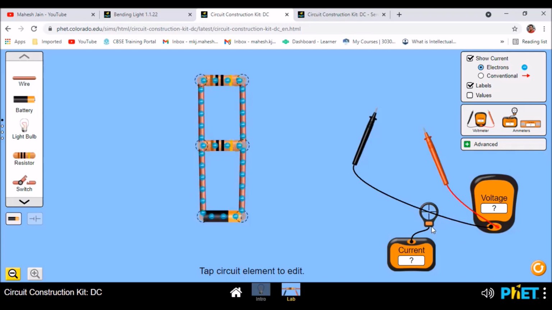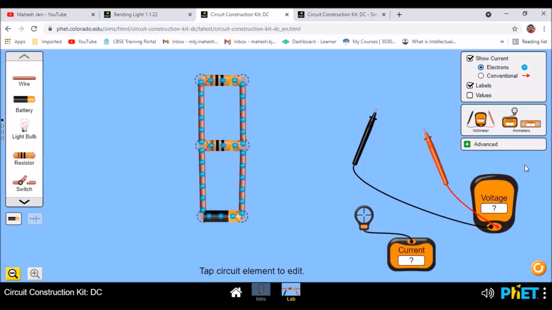Now let's see what is the current. So current across the battery is 1.5 ampere, sorry, 1.8 ampere. Now let's see, is it same? No, this time you can see it's 0.9 ampere and it's 0.9 ampere at this end also. So this helps us in understanding that current is equally distributed here, and current is not constant when the resistors are connected in parallel, and it is constant when resistors are connected in series.